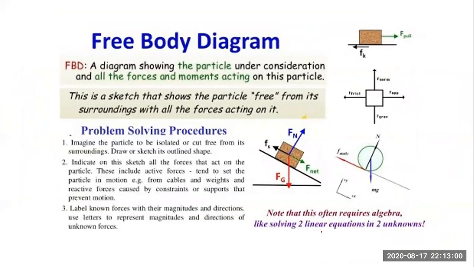A free body diagram shows the particle under consideration, and all the forces, moments and couples associated with that force system have to be shown with their magnitude and direction. If there is any tendency of moment, we have to mention at what point the moment is, and whether the moment is clockwise or anti-clockwise. That we have to mention by